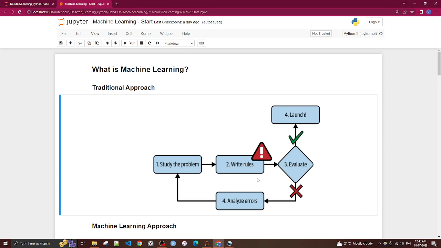And what happens if we use the traditional approach? So we know the problem. The problem is we have to identify the emails which are coming in our inboxes and put them in two categories, whether it's spam or whether it's ham. If we use the traditional approach, we start writing the rules. If the email ID contains some different domain, then it might be a candidate for spam. Or if the signature in the email is different, so we will start writing all these rules and we evaluate our email against those rules, and then we'll just put it into production.